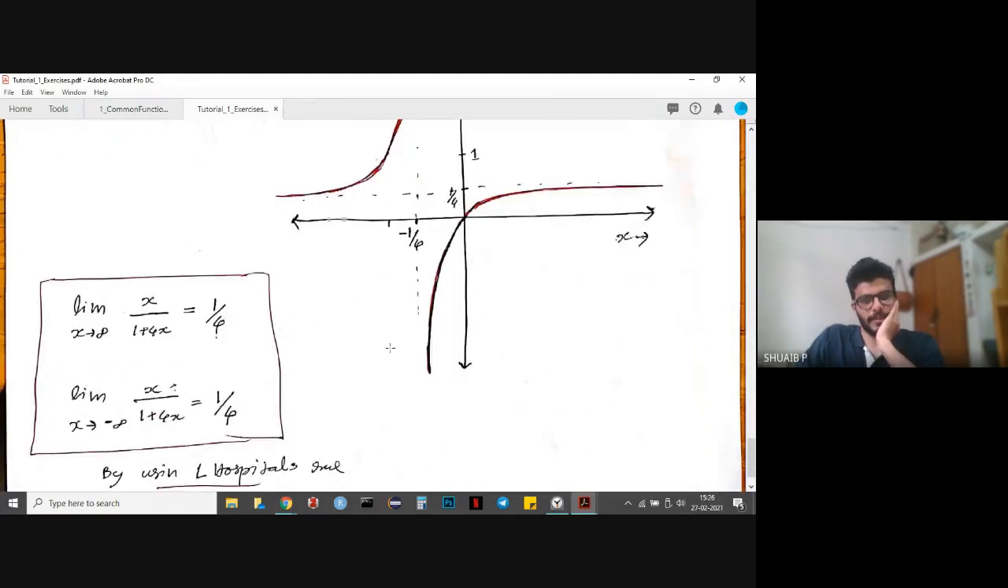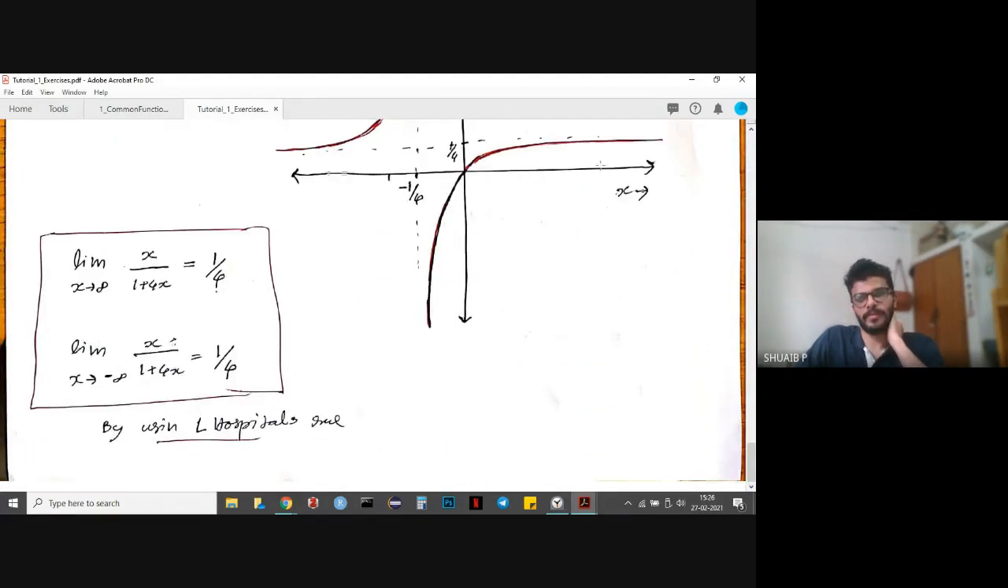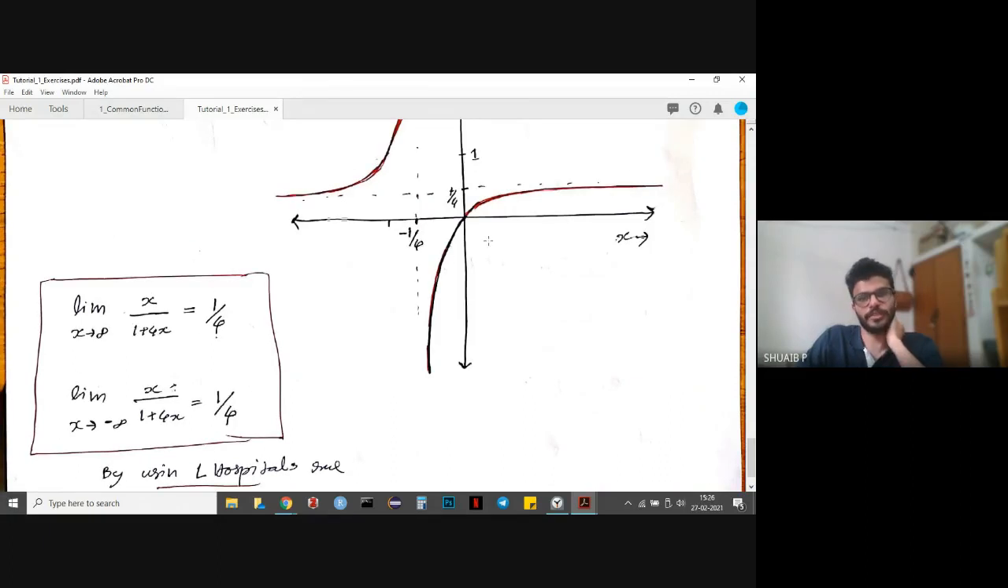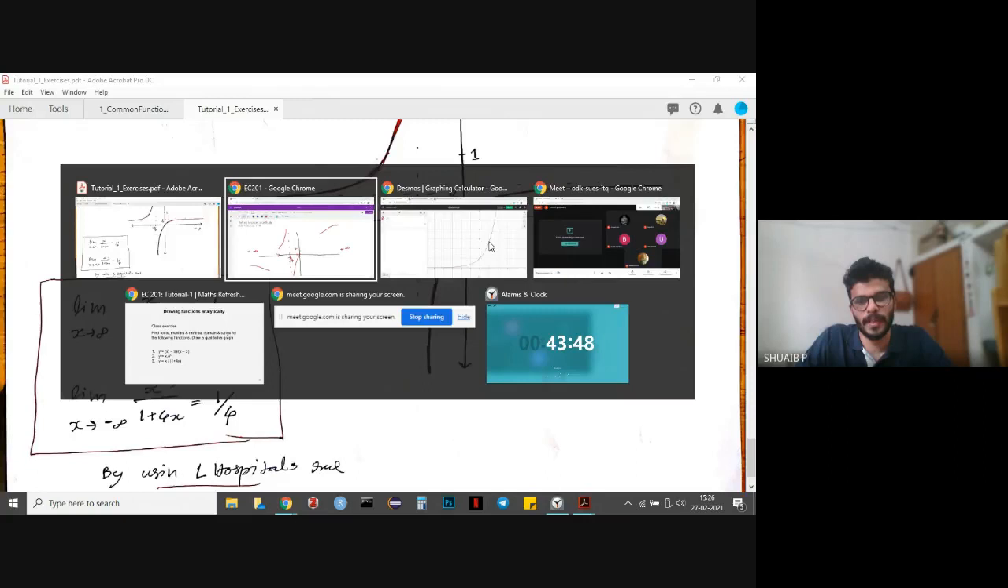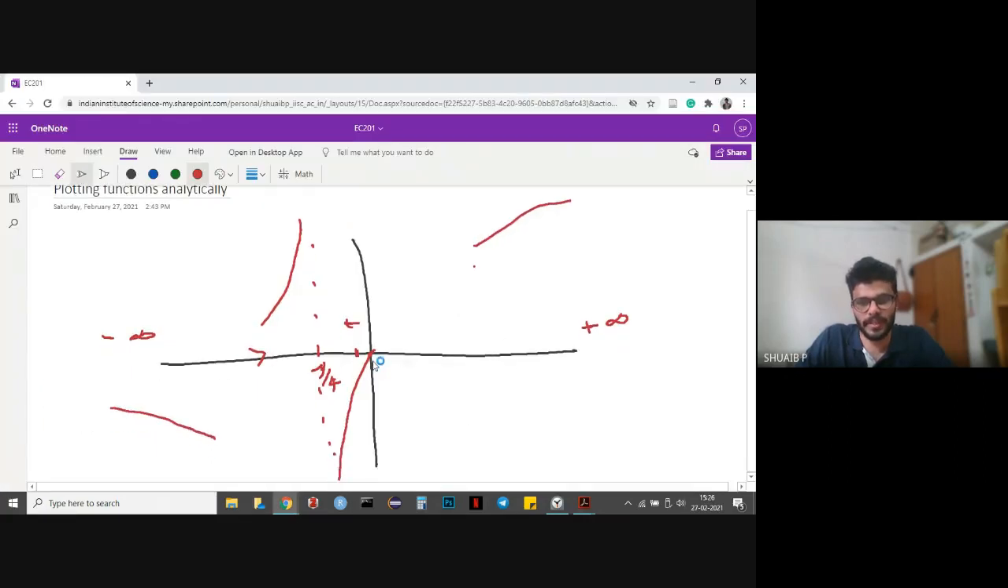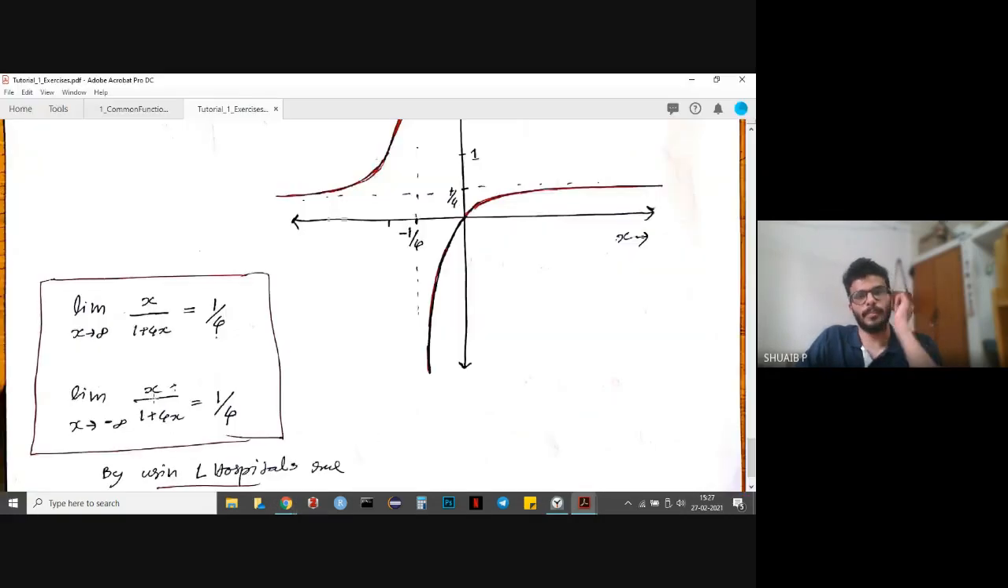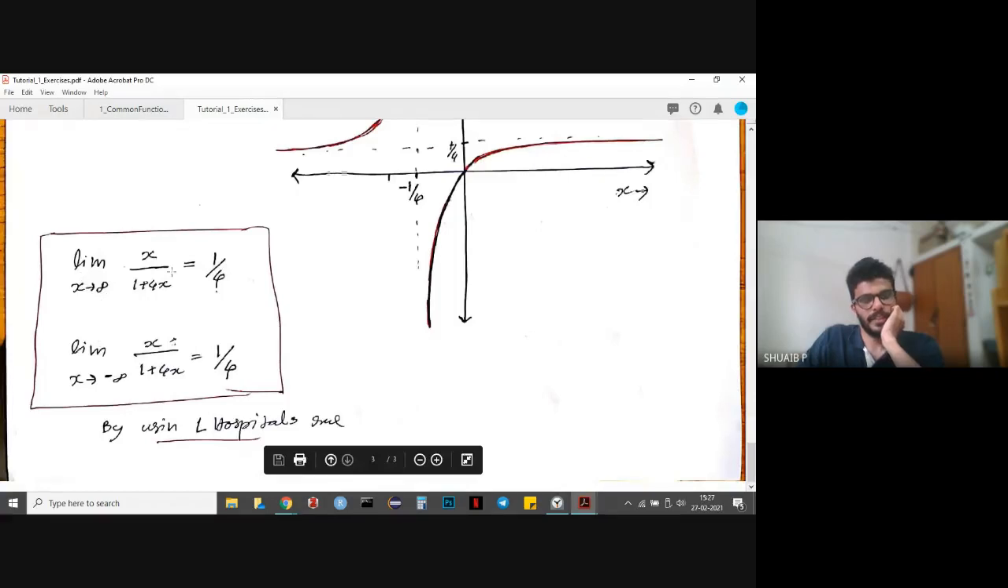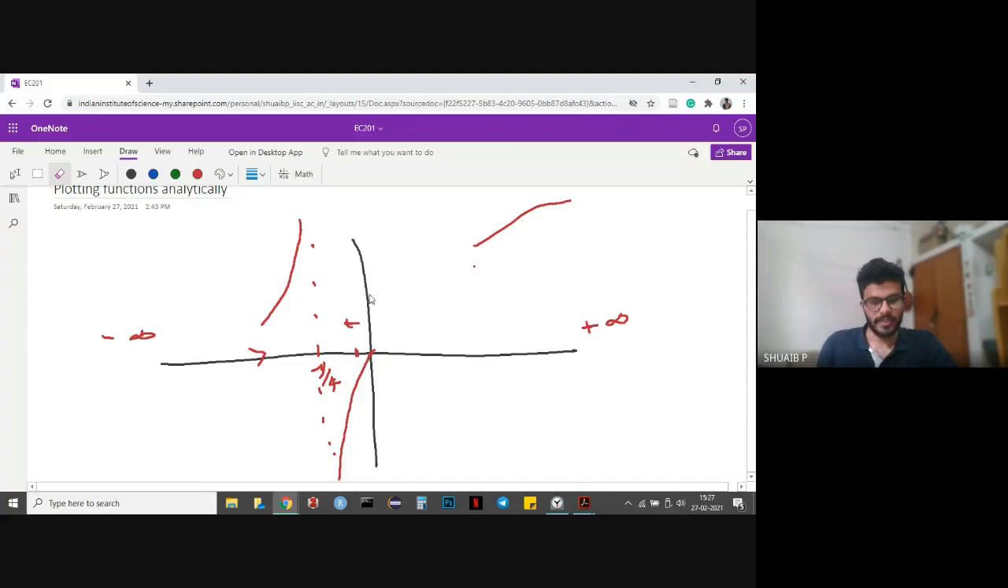So similarly, we can apply the limit when the function is approaching infinity or minus infinity. The only information that we need now is what happens when this function is approaching plus infinity and minus infinity. We can get that by applying the limit when x tends to infinity and x tends to minus infinity, and we can apply the same L'Hospital rule and get the limit to be 1 by 4 for both of the limits. So which implies